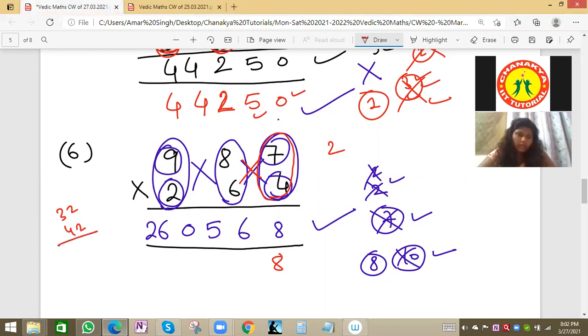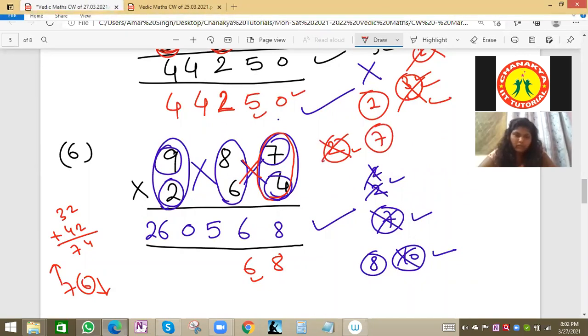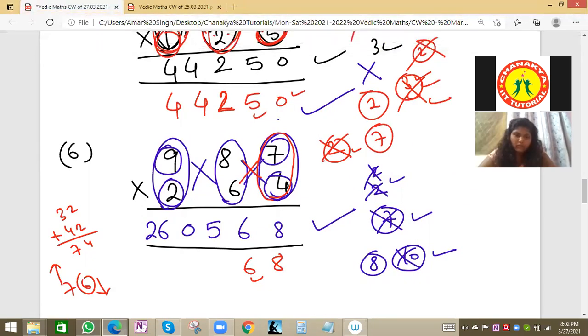What is the addition of 32 and 42? If you're not able to add directly, then we can write it separately. 74. 4 and 2 is 4, 7. 74, carry is also there, 2. So 76. 6 will be down. 7 will be up, means 6 will be written here and 7 will be carry forward. So now carry forward is 7. Always the left hand term is carry forward.